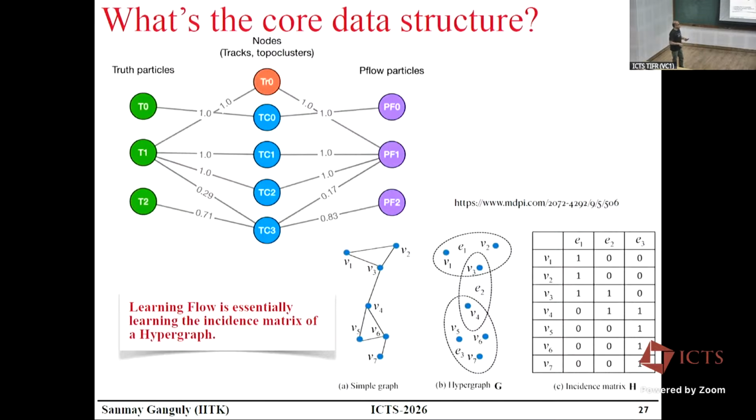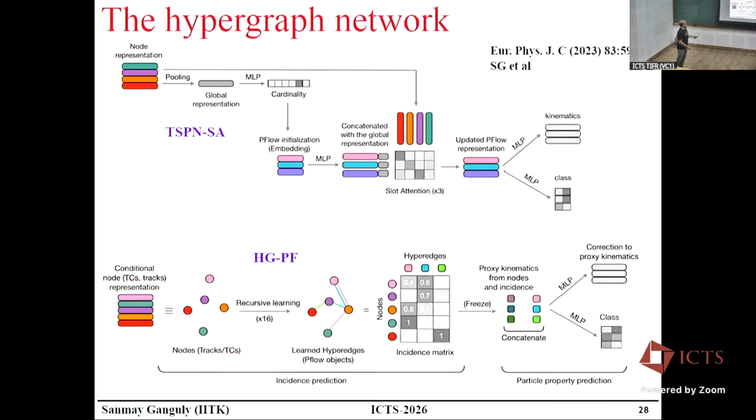So that's where we went to an architecture called a hypergraph, which we have built. I won't again go into detail, but it works pretty well and beats the performance of a regular graph neural network. And this lets us enter into a new paradigm of topological neural networks, which we are now trying to apply within the context of jet physics, and more broadly to data structures of high energy physics.